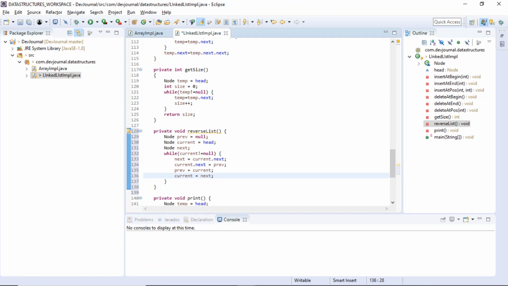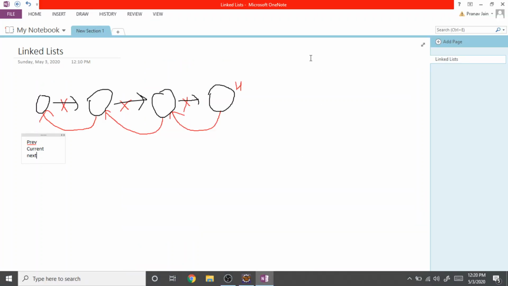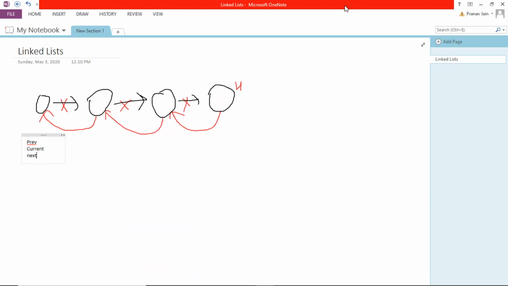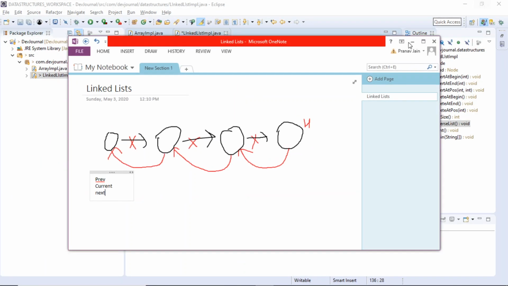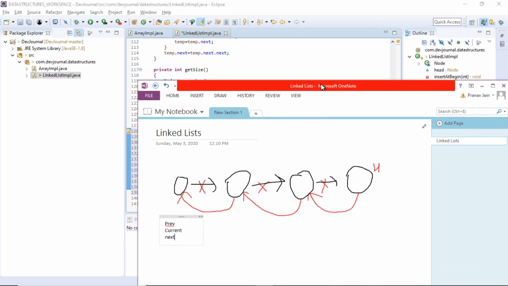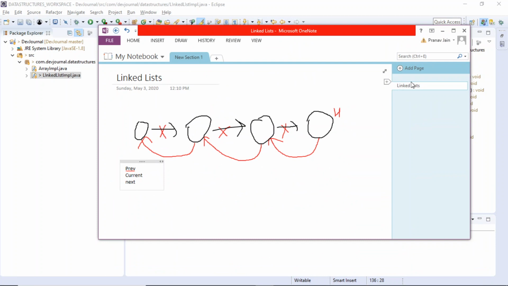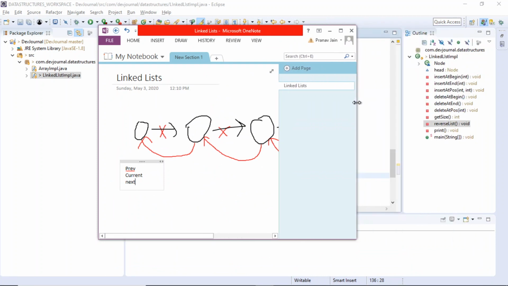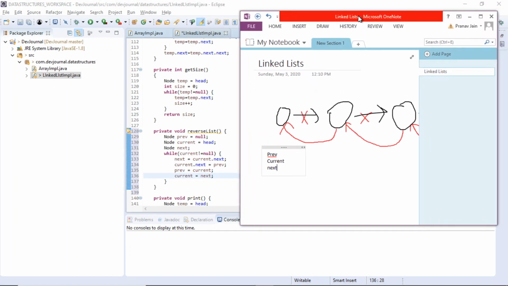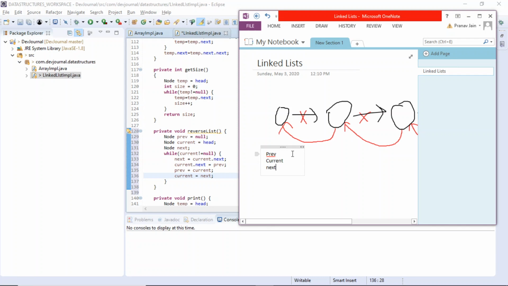So in action, what will happen is, according to our logic, right now previous, current, next are all here on the first node, right?